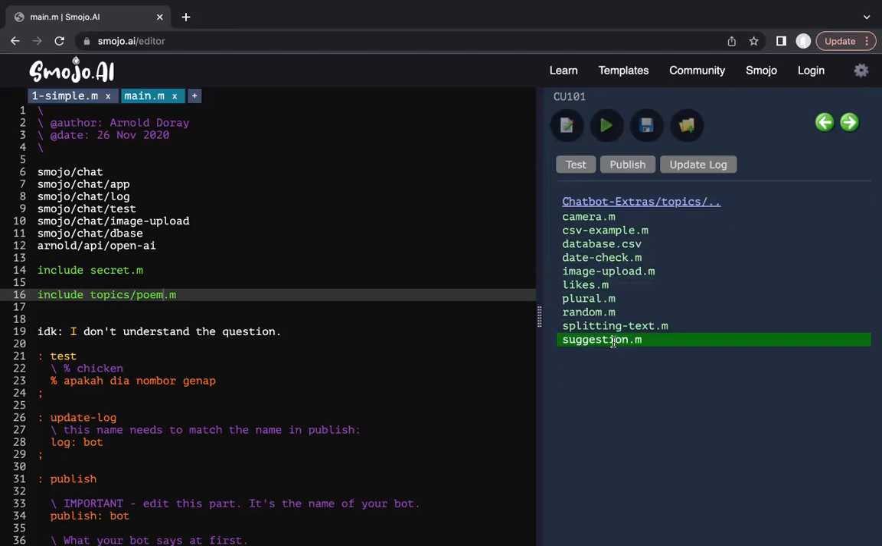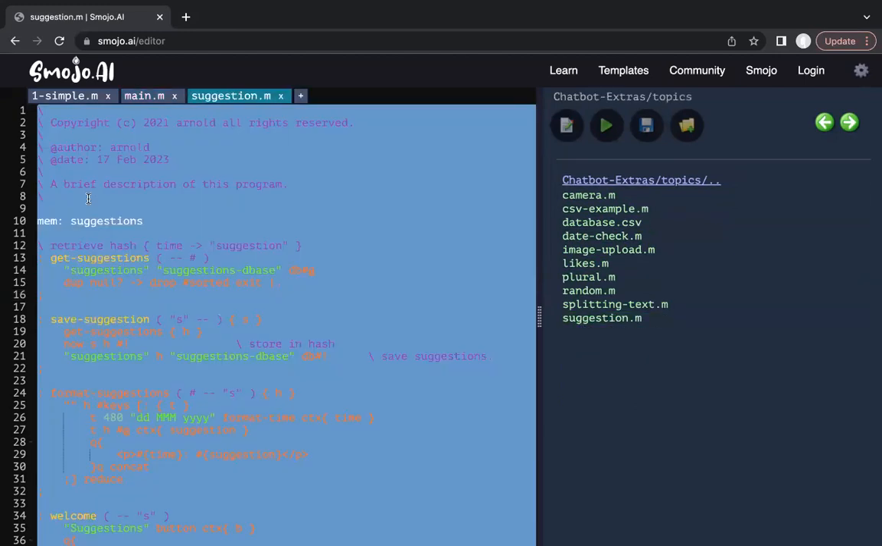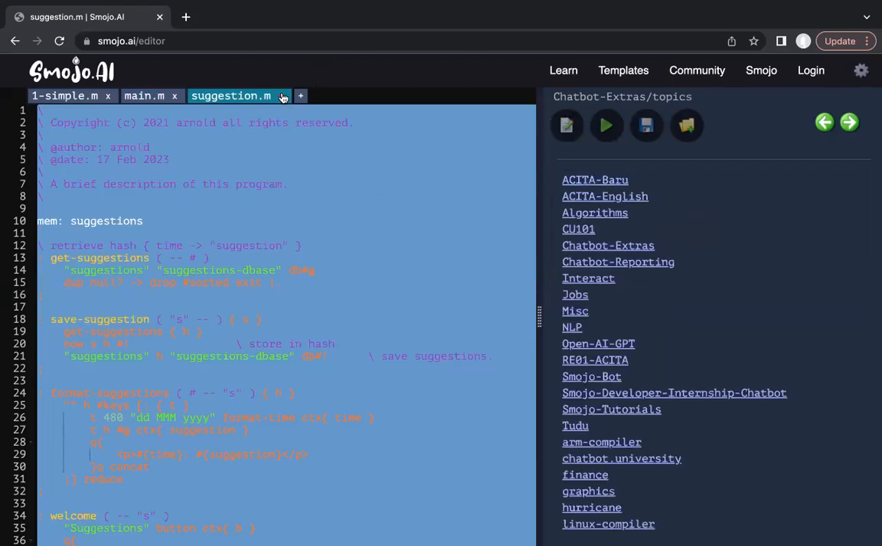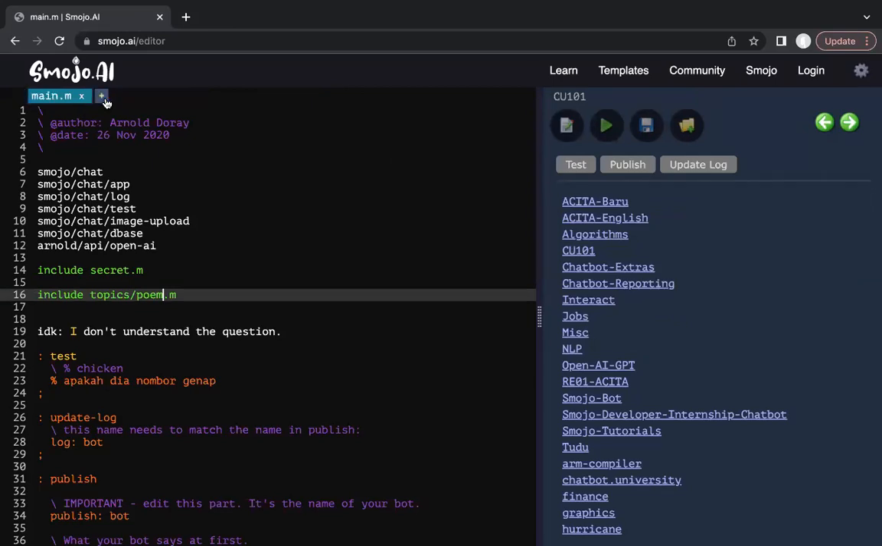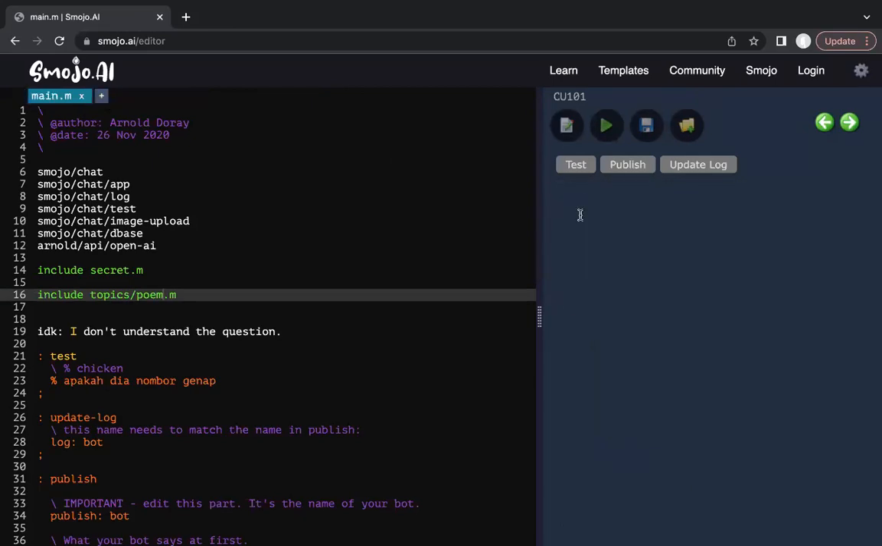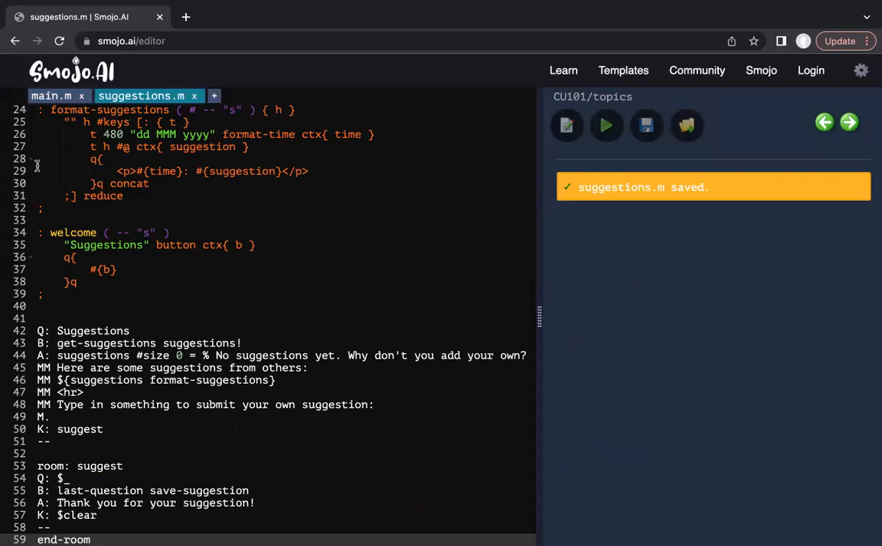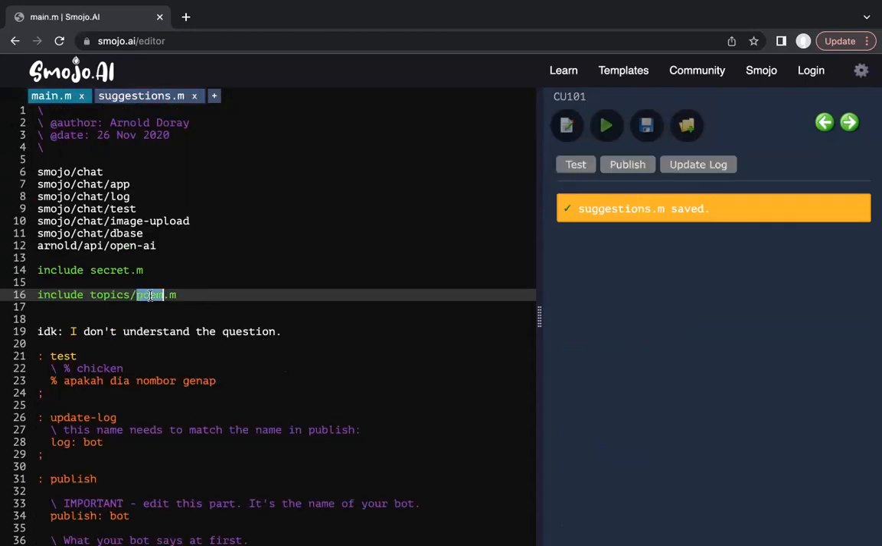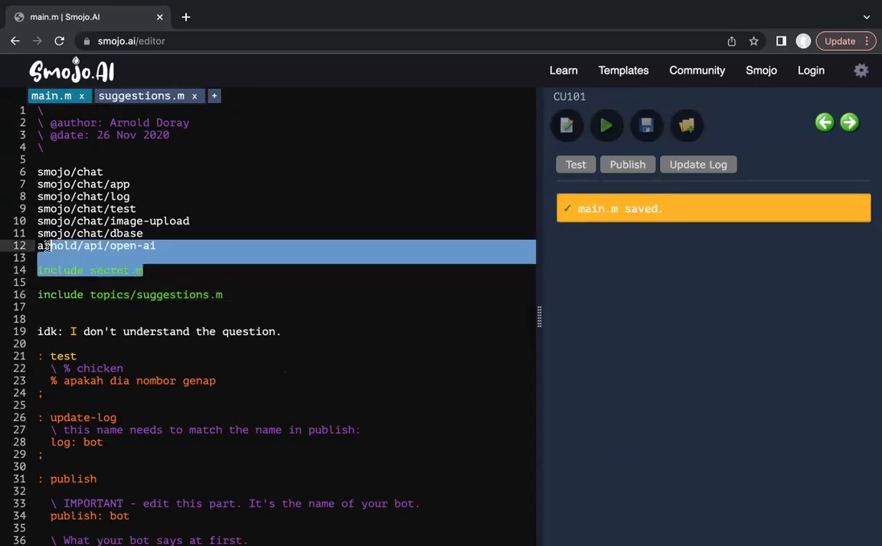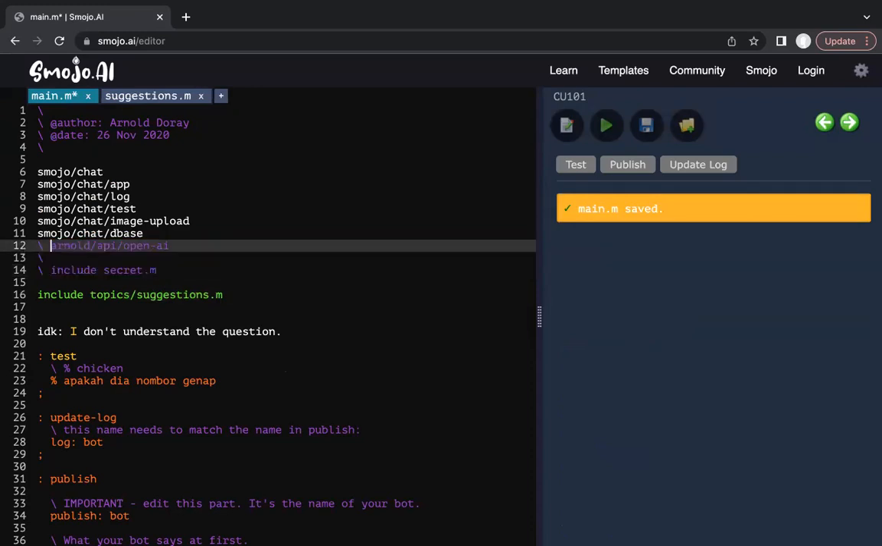So the one we want to look at today is suggestion. We're going to just copy this code here, and I'm going to place it in my CU 101. So let's close this up so I don't mess things for you. Go to my topics, and I'm going to just plonk it in here. So copy and paste, save suggestion .m, and I'm going to include suggestions. I don't need the OpenAI thing anymore, so I'm just going to comment this out. Now, what I do need to do is to put in the